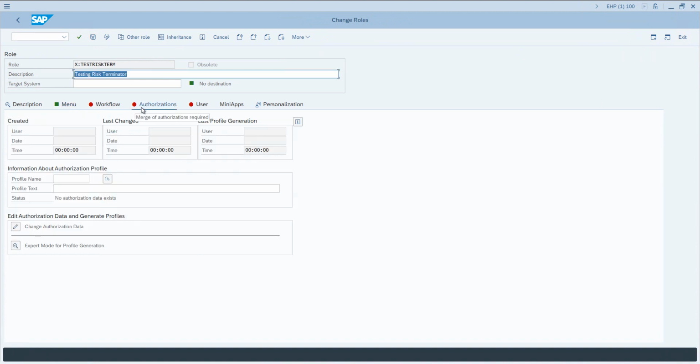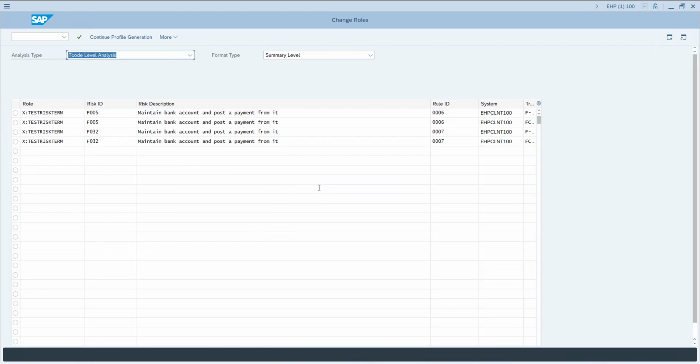Sorry, authorizations. Now when you click on change, this message that you get is because of the user exit that we maintained in the plugin system. Before we maintain the configuration parameters, we maintain 4 user exits.